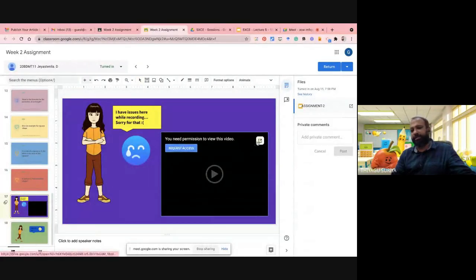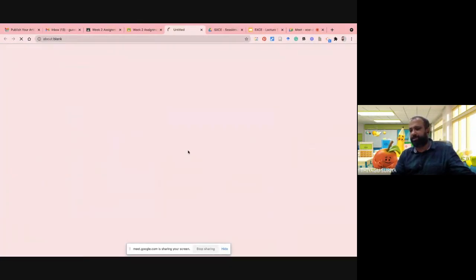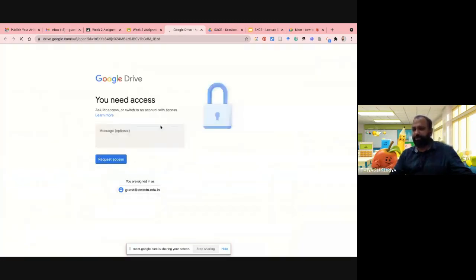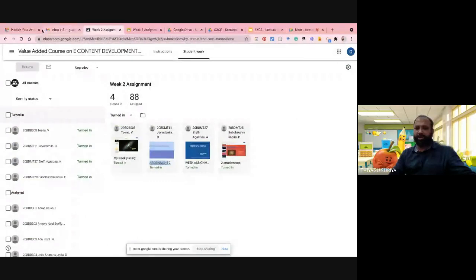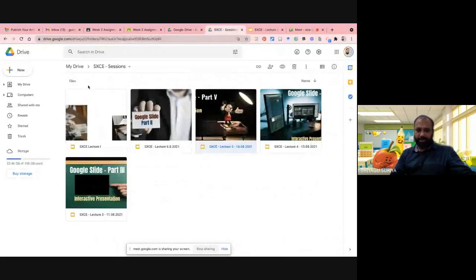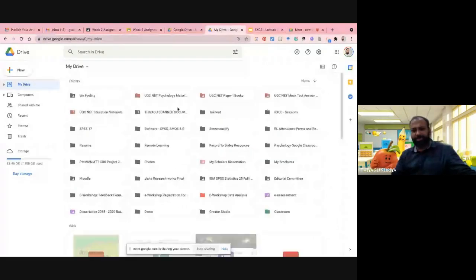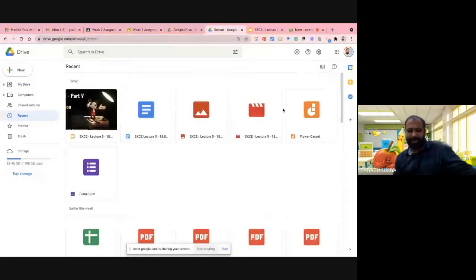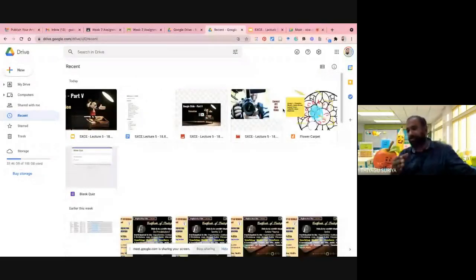So see, that's why I told you. Some of the videos show request access. What you have to do with this kind of video is click request access, and automatically a mail comes to you. Kindly give the access. Otherwise, this is an issue that normally happens if you're not giving the access in Google Drive. So you can go to your Google Drive, because you already created this video, no? Even if you're making the video through Record to Slides or any Screencastify, the videos might come here.